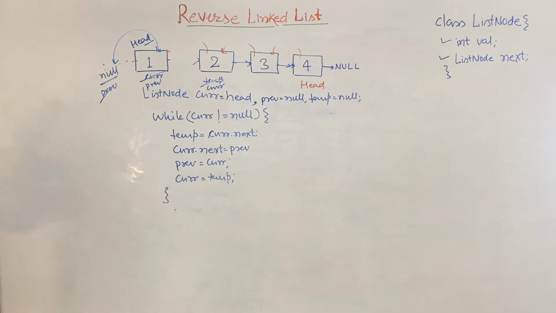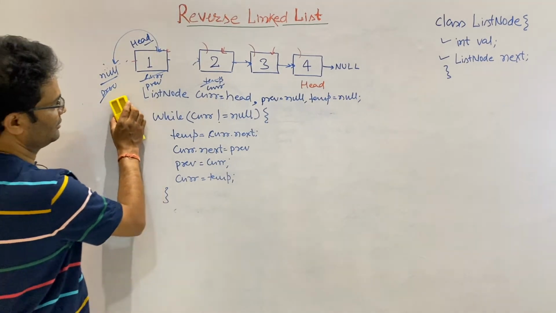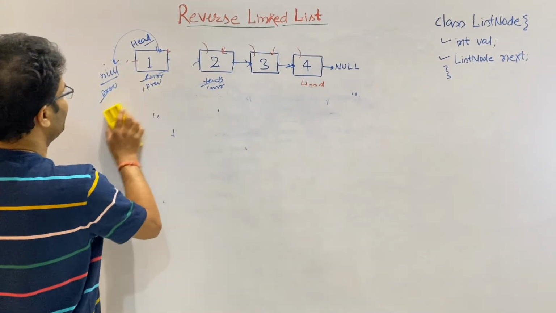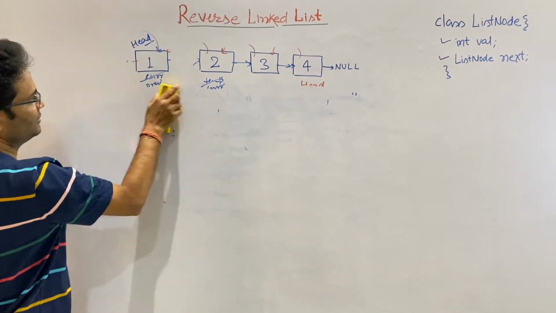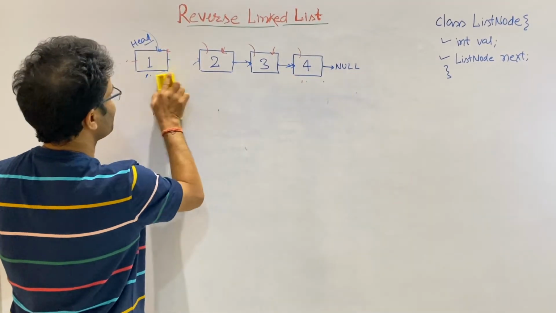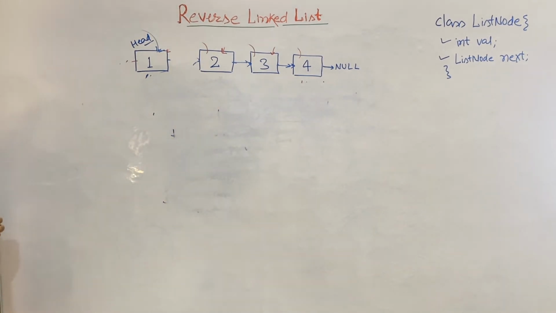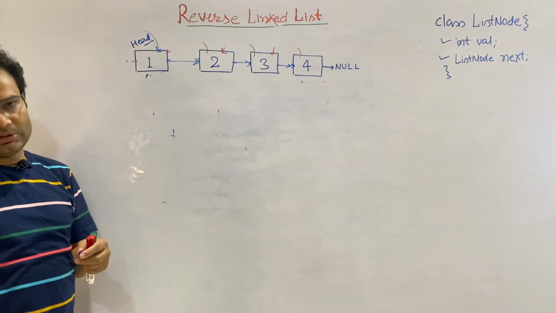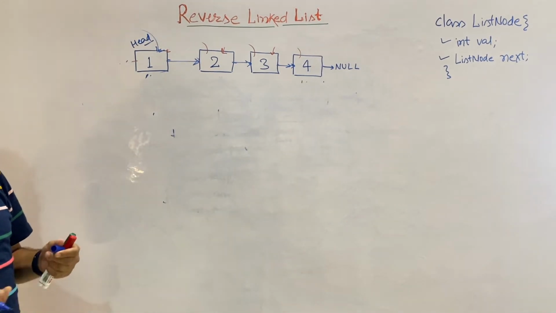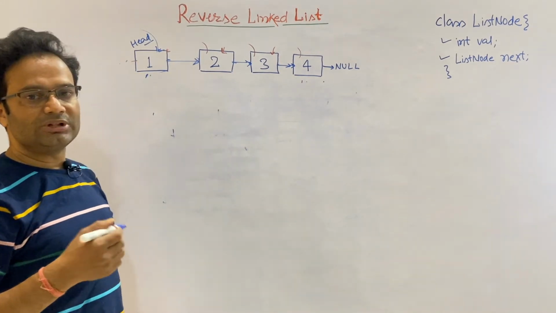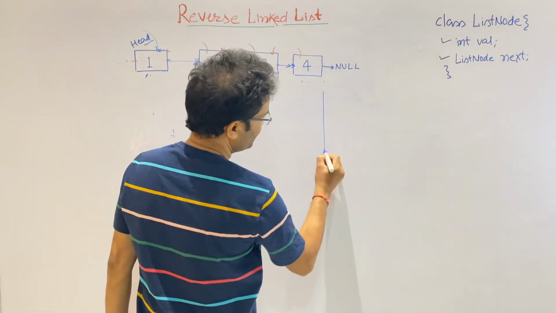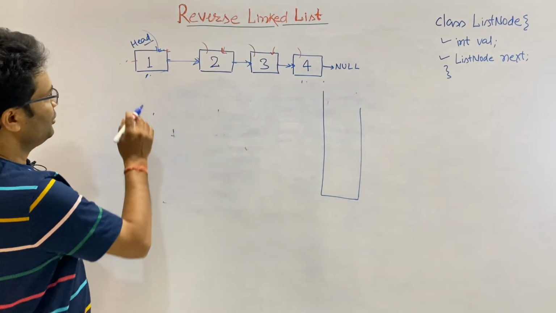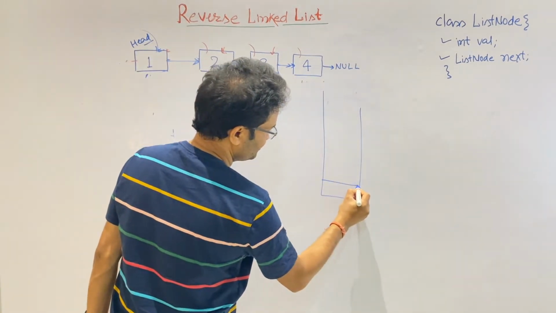Now we will see how we can solve it recursively. So this is the code, and let me see how we can do it recursively. So we are going to see how to solve the same linked list through the recursive way. It's also very simple. When you do recursion, actually you are implementing it through the stack, right? So if you do it recursively, we keep this first element here, meaning head,